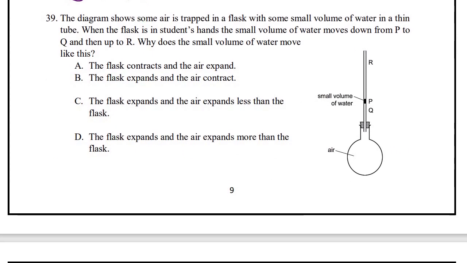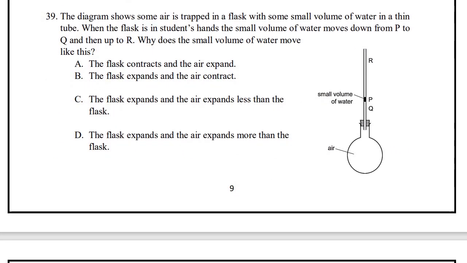Let's see question number 39. The diagram shows some air trapped in a flask with some volume of water in a thin tube. When the flask is in the student's hand, a small volume of water moves down from P to Q and then to R. Why does the small volume of water move? So the reason is when the student touches the round flask, the glass absorbs the heat from the student's hand